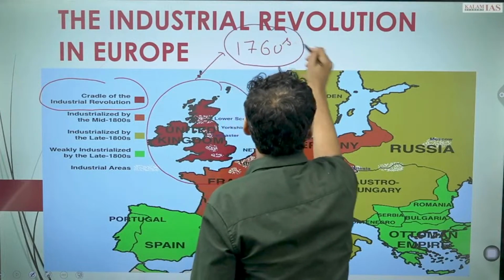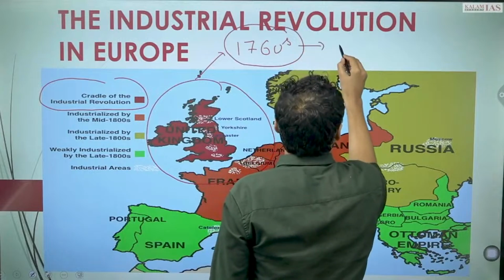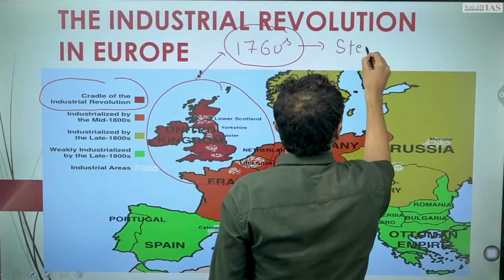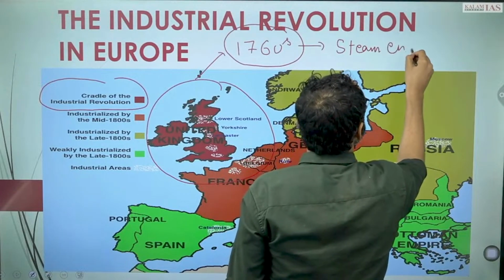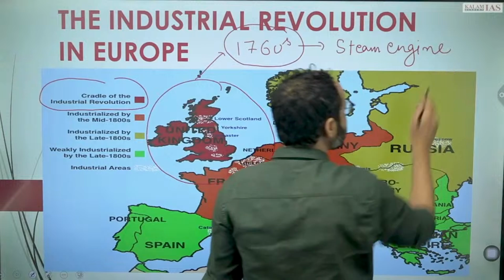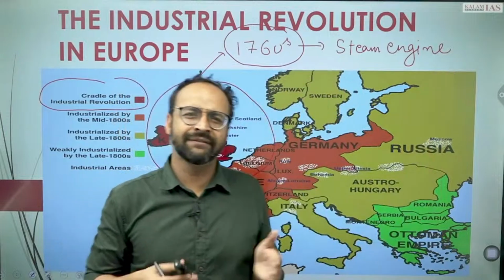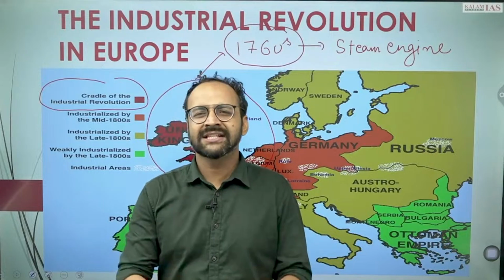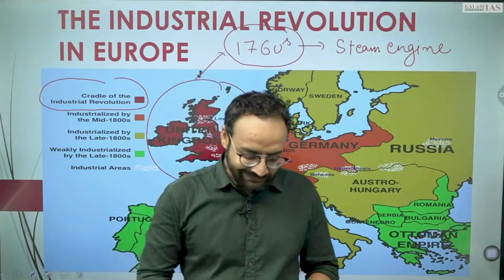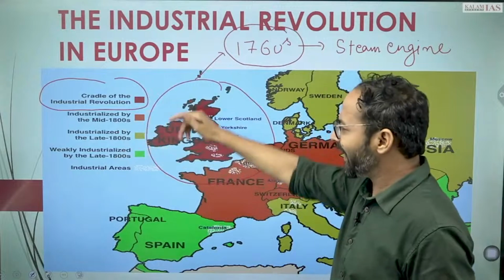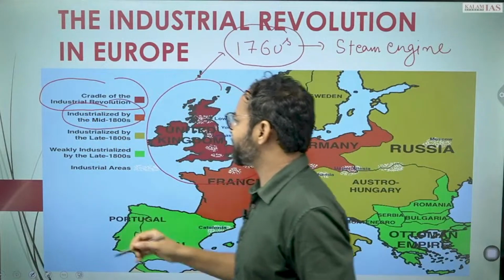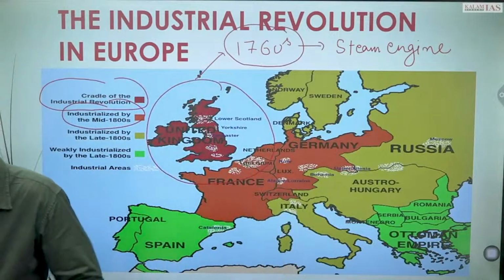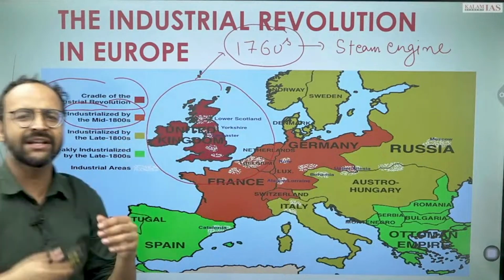Mind you, this is the time period when we have the origin or inception of the steam engine. Where is it used? The steam engine can be used in factories. It can also be used in railways. It can also be used in small, medium enterprises. So it started off here, then it industrialized by the 18th century, because all these nations we call the first world nations in the present context.